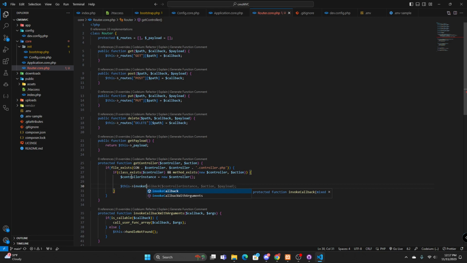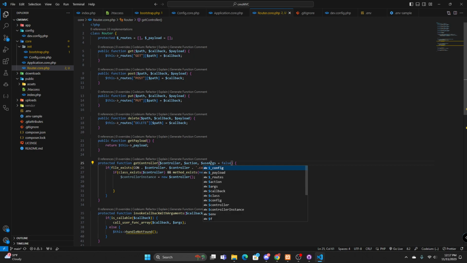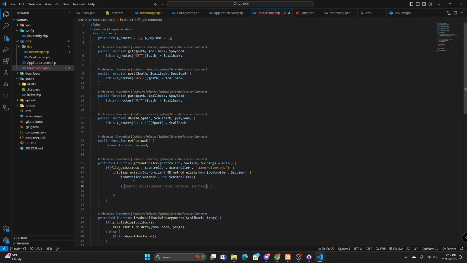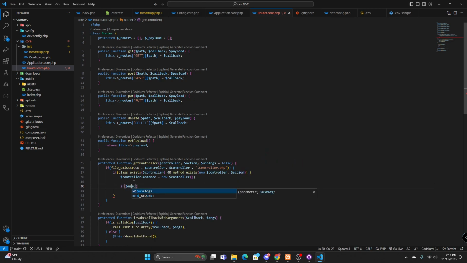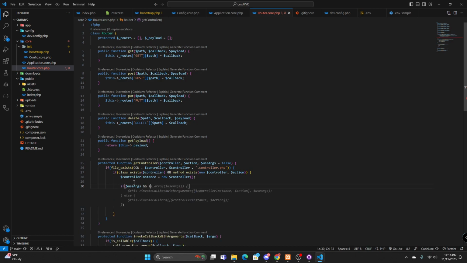there's a better way to do this. We're going to use args, and we're going to set that to false by default. So if use args is not false, it'll be equal to an array. So what we'll do is if not use callback, or not use callback, use args, and is_array use args,